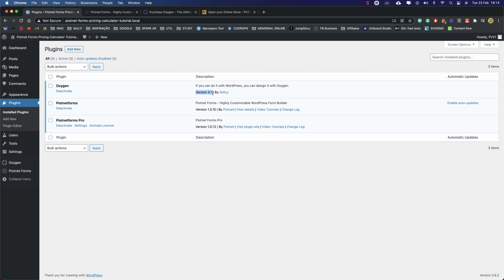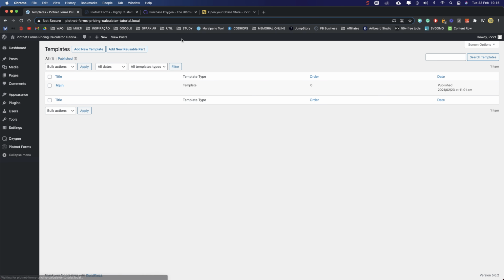I'm using the new version of Oxygen 3.7 that was released today, so it has a lot of amazing new features such as CSS Grid and composite elements. So let's do this. I already created a main template. Let's open it with Oxygen just to see it in a second.